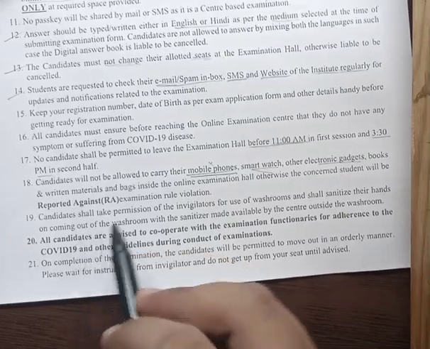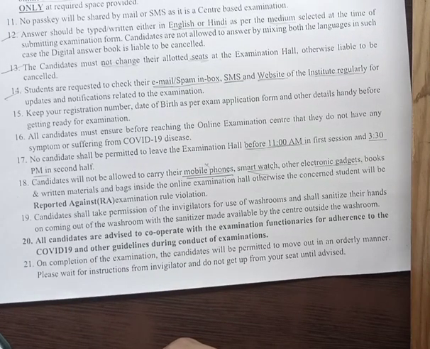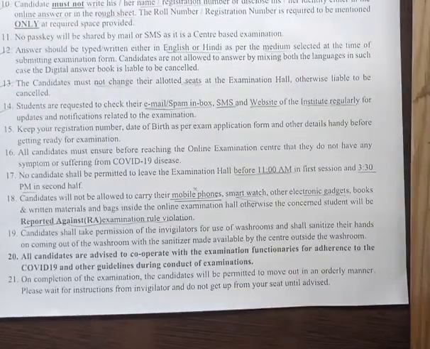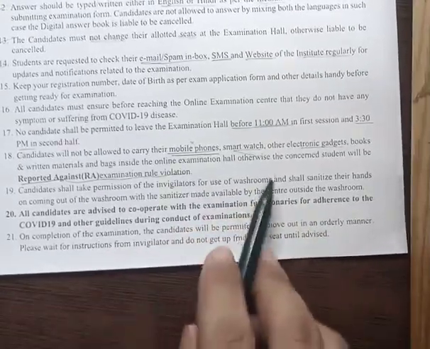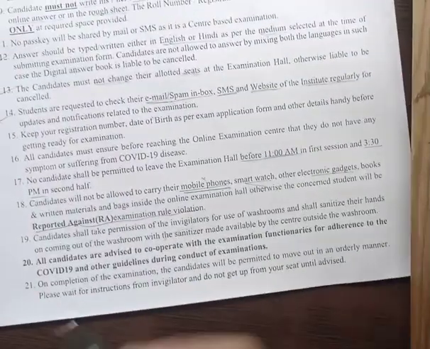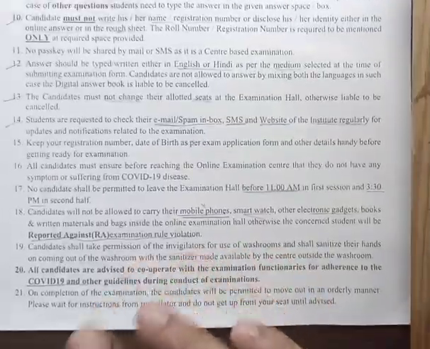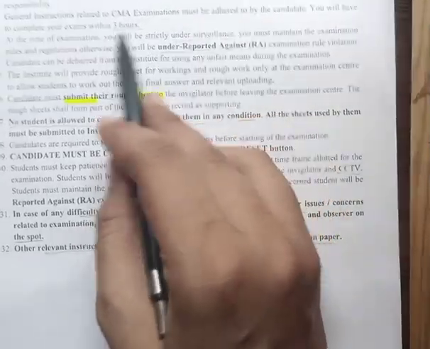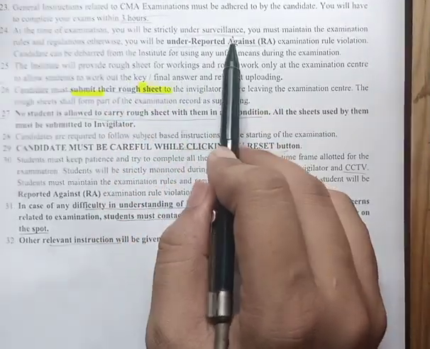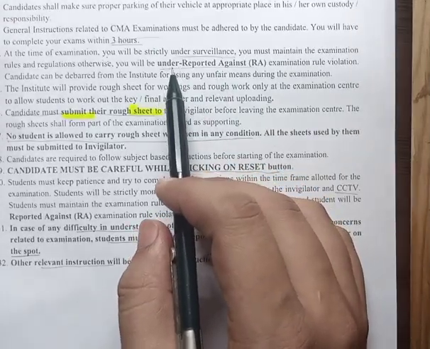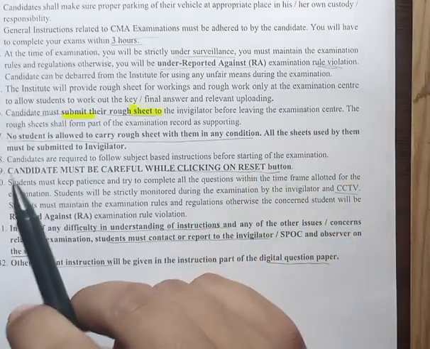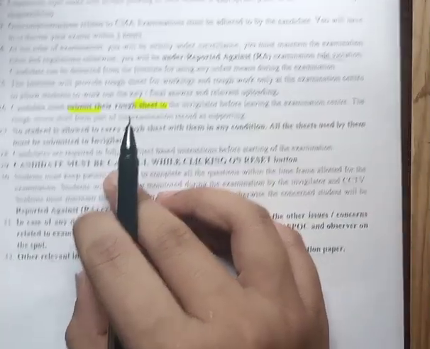Because if you take a mobile phone or smart watch with you, there will be a report against you in the examination, and this is a rule violation, सो डोंट टेक इट। वॉशरूम के लिए परमिशन ले लेना। बाकी कोविड-19 की आपको गाइडलाइंस फॉलो करनी है, लाइक सैनिटाइजर ले जाना है, अपना मास्क ले जाना है, N95 और वट एवर सर्जिकल मास्क यू हैव, सो जस्ट टेक इट। And it's a 3 hour examination I told you, and you are under surveillance, so कोई भी ऐसा काम मत करना, अदरवाइज आप रूल्स वायलेट करोगे और आपका पेपर चेक नहीं होगा या फिर नेगेटिव मार्किंग, बहुत इश्यूज होते हैं।